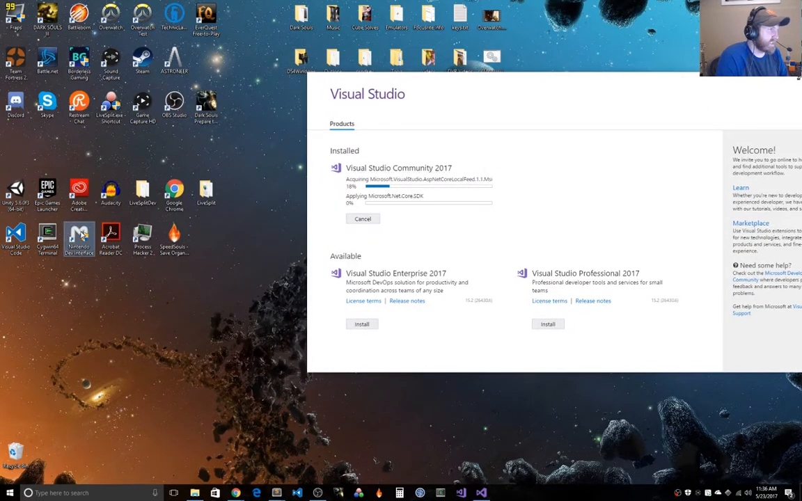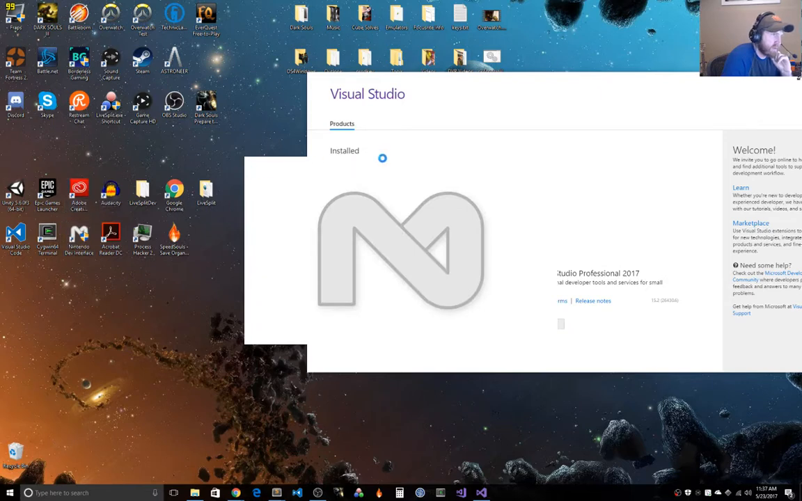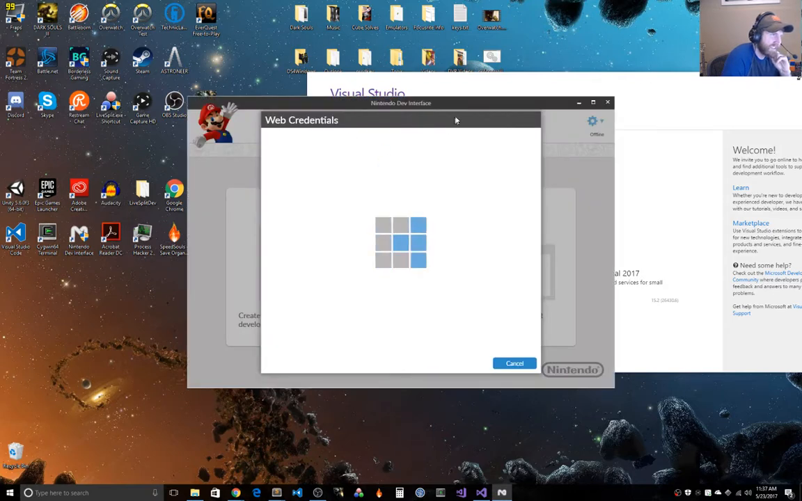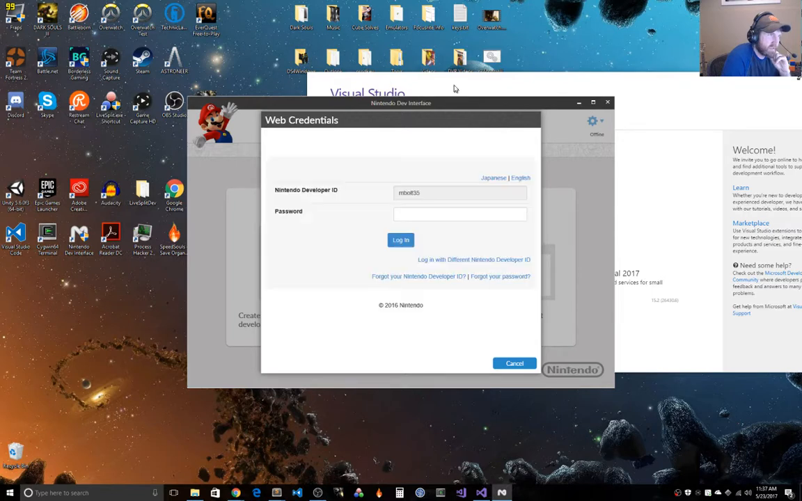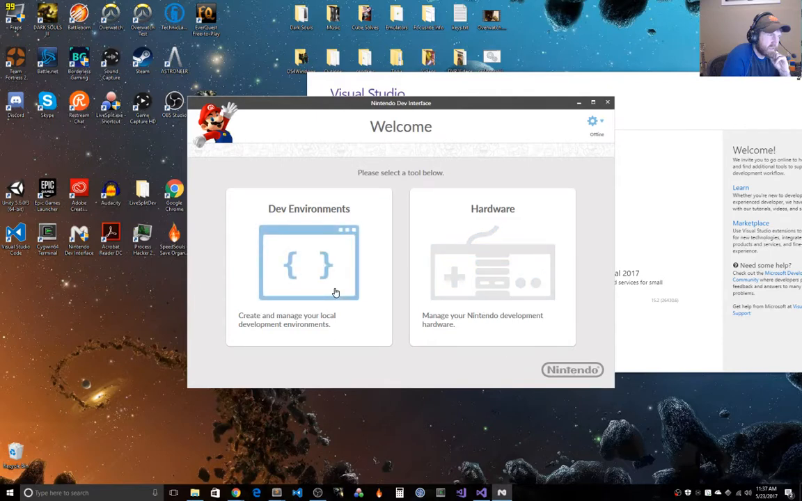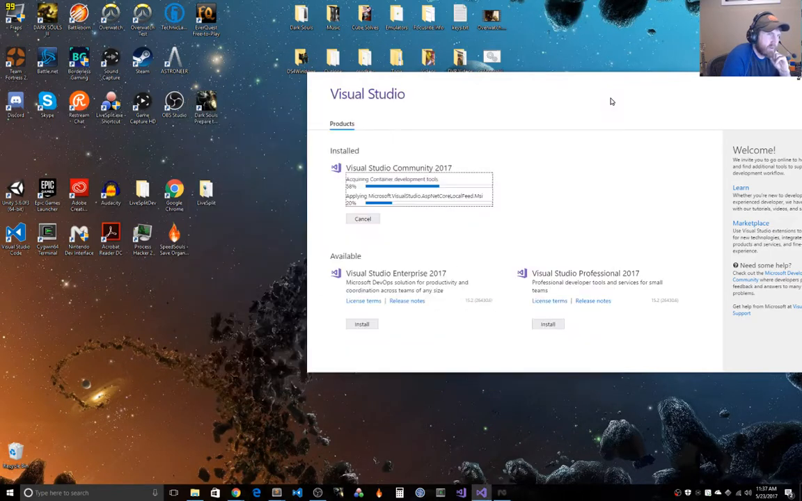I also got this Nintendo dev interface we can look at while this is installing. But I won't lie, I feel like the Nintendo people have no idea what indie development's about at all. Web credentials. It's pretty interesting. I haven't looked too in depth into it, but